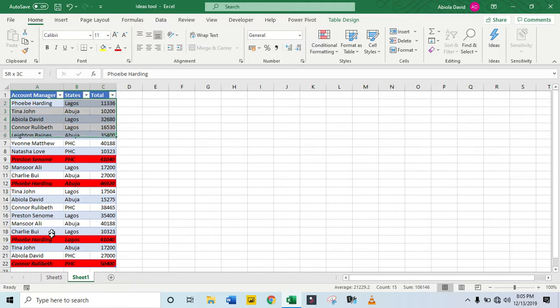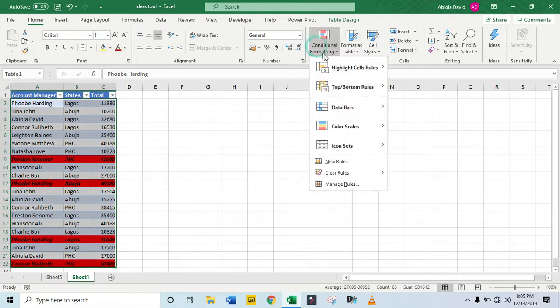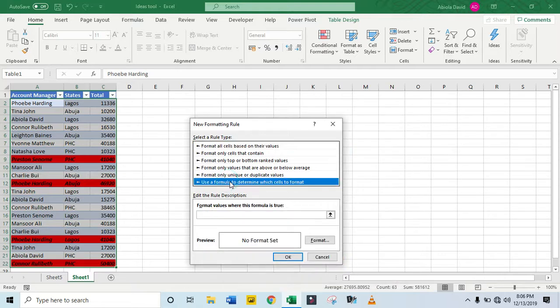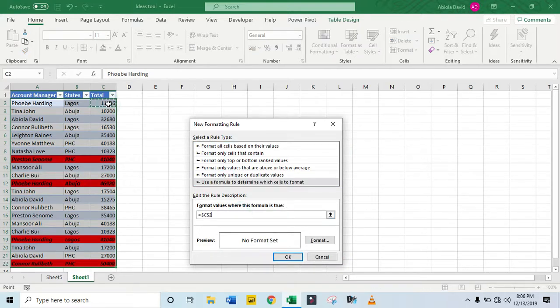So let's do the SMALL again. We select all the data, come to conditional formatting, and of course New Rule, Use a formula to determine which cells to format. For this, I'm going to check this value again. We are going to remove the $ sign in front of the row, and I'm going to say, is it smaller or equal to? Then I'm going to put in the SMALL function,